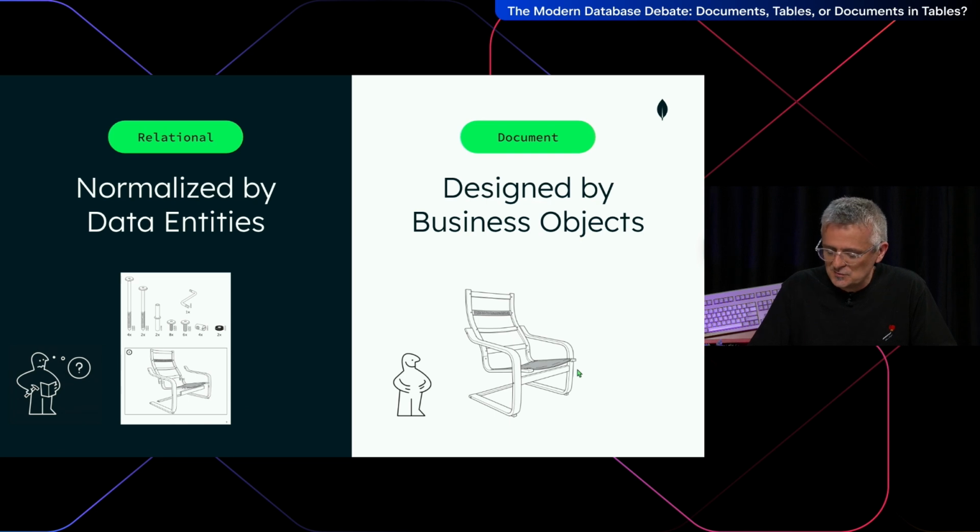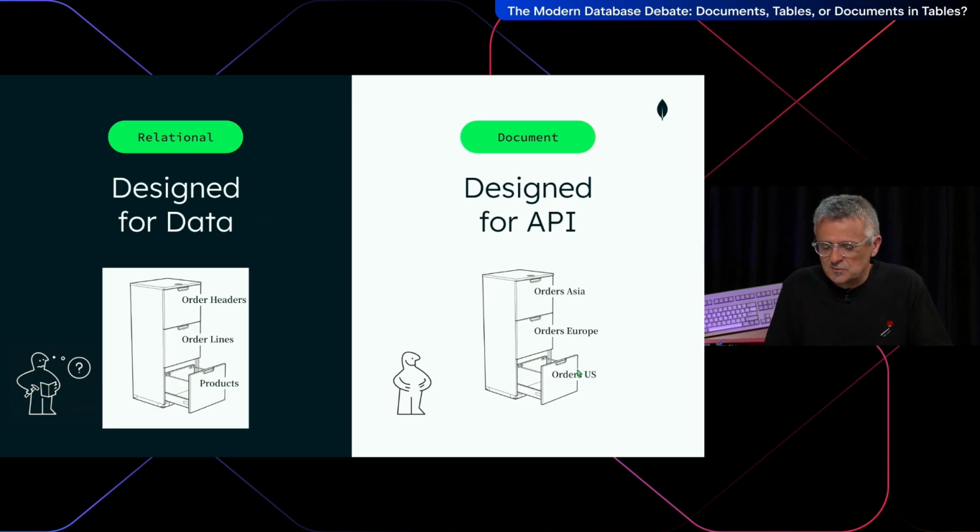So there are those two approaches. Another way to see it: in a relational database, as I mentioned, it's like different papers. You put the order headers in one place, the order lines in another, and the products in another, and you have a reference. But when you want to get an order, you don't want to go to the different drawers. If you use documents, then you have an order that is self-contained in one place, and then physically you can split it differently, like sharding, putting different orders from different regions to avoid latency.